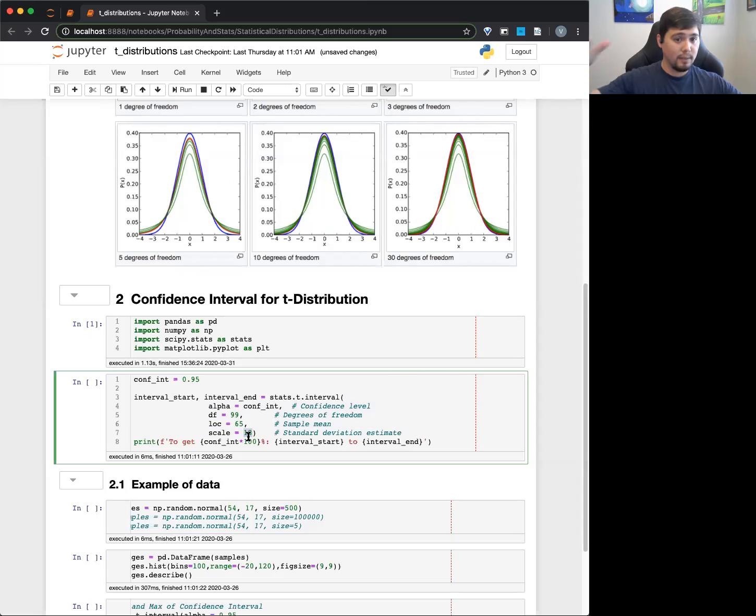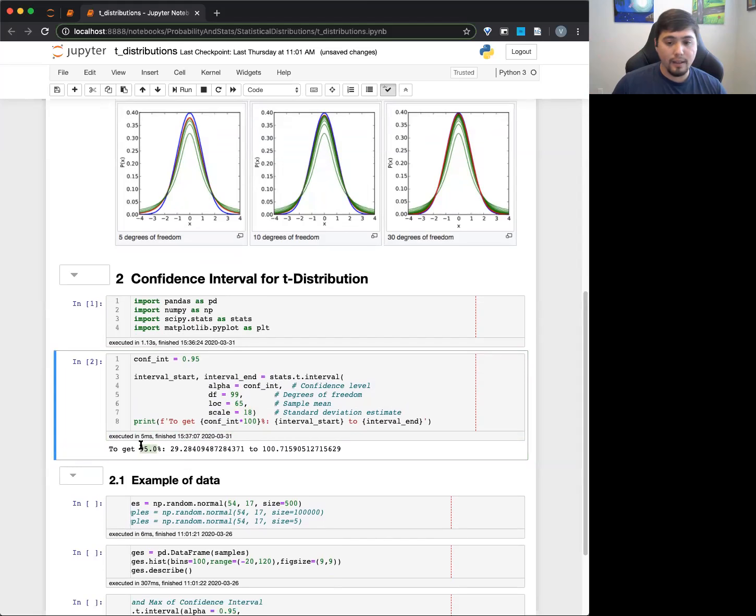And just to show you a little of what this looks like, we can have a 95% confidence interval. You can actually calculate this directly. I'm saying it goes from 29 to 100. So that means 95% of those values,